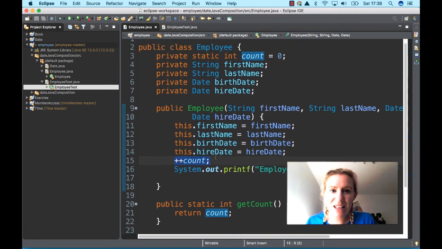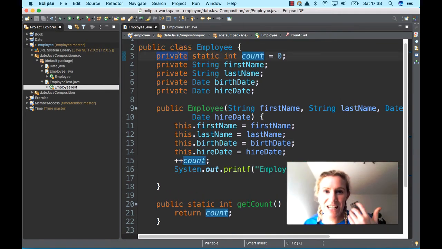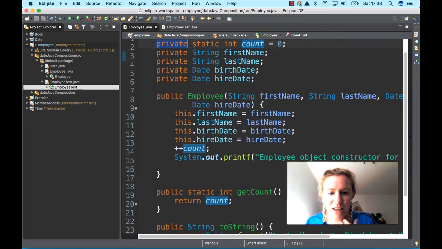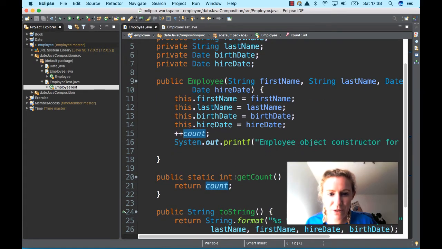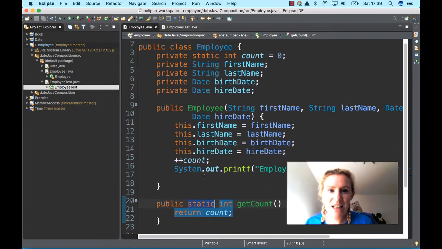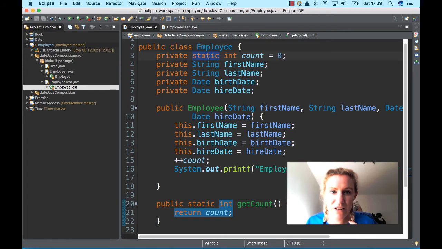So obviously with the private, we have to have a get or an accessor method with that. So with the accessor method, then we have to return an int, and because it's static, it has to be labeled as static, and here is also static. So the count is only incremented when the constructor is called from the other object, from the other employee test even,